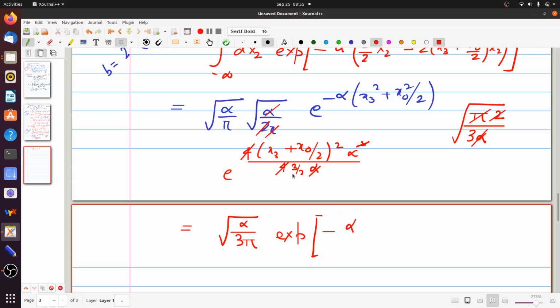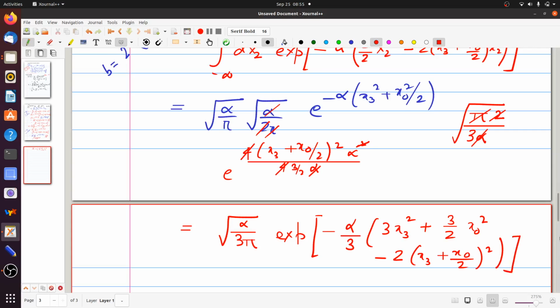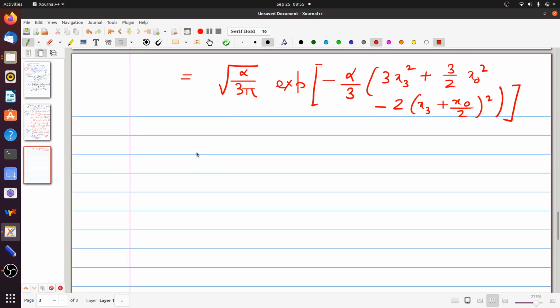Since there is going to be a 3 down here, this 3 by 2 is of course going to end up being a 2 by 3. Let's take minus alpha by 3 common out. That gives you 3x3 square here plus 3 by 2 x0 square for the terms that were already outside. Now you have a minus twice (x3 plus x0 by 2) whole square, which you have to deal with. But as you will soon find, this simplifies drastically. Root over alpha by 3 pi, exponential, so this remember is k2,